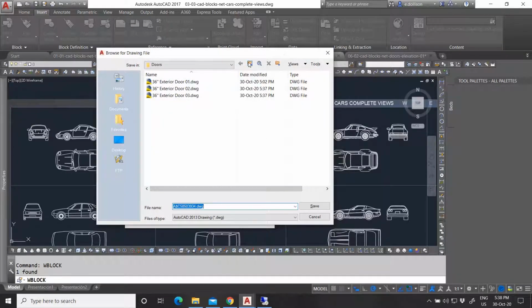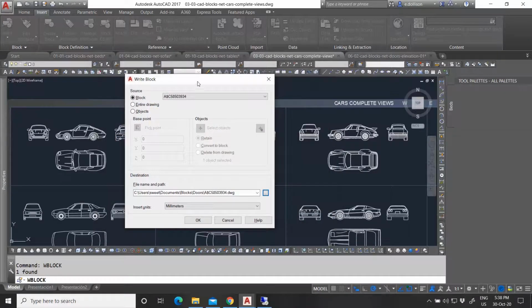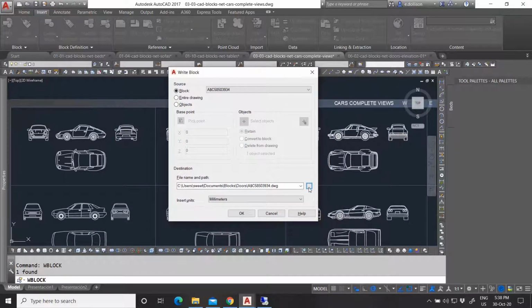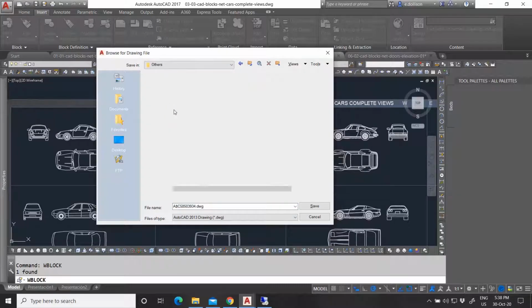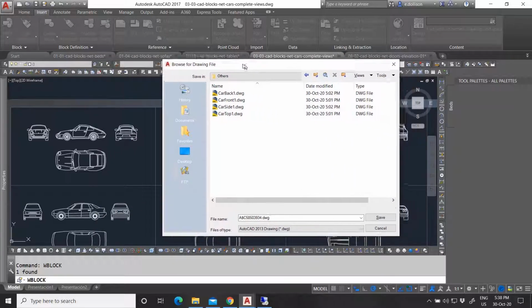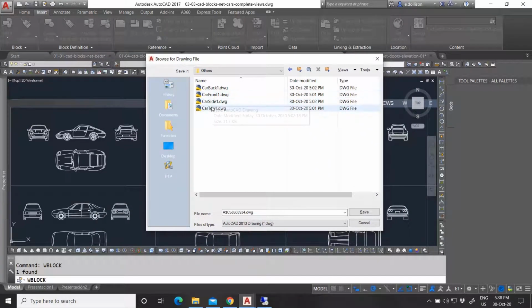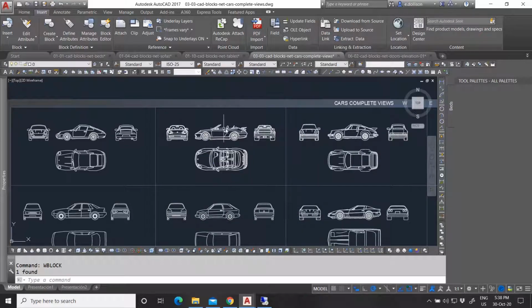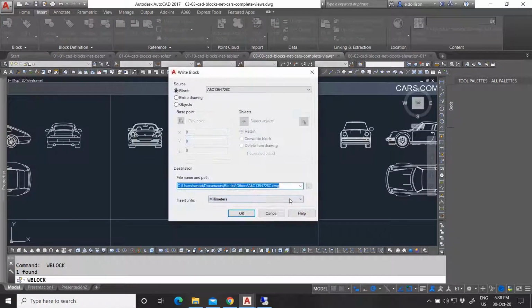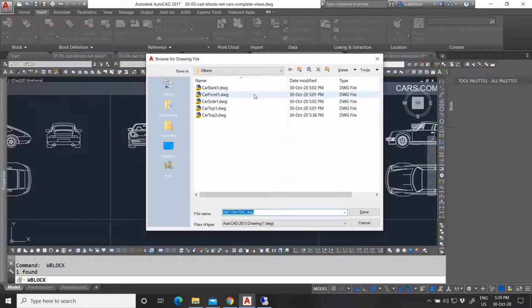So instead of renaming all the blocks within my drawing, I would just export them straight to a block name. So let us go. My blocks that I am going to save for my cars are in other, and this one was the top view. So I will call it top 2. So meaning car number 2, top view. And I will just press save. And also for the side view, as you can see here, it is called this, but I do not want it to be called something that I will not remember. So my side view, car number 2,